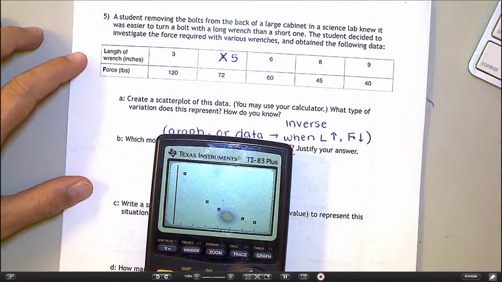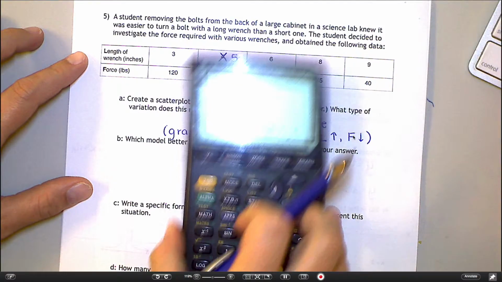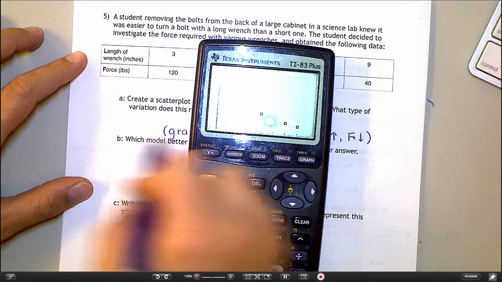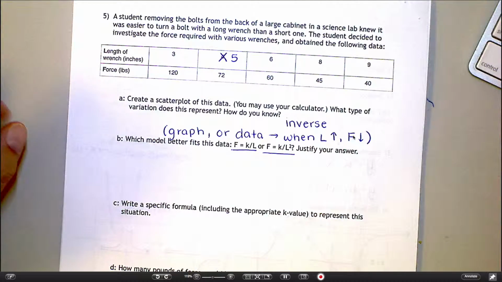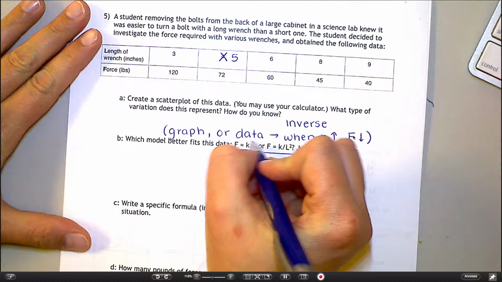We don't know if this is a hyperbola where the other part is down here in the third quadrant, or if it's a hyperbola where the other part is over here in the second quadrant, because there is no other part, okay? So here's what we have to do. We have to pick one of these and work through it as though it were the right answer. We have to find our k value, and then test it with another data point to make sure that it works. So if I start with this one,